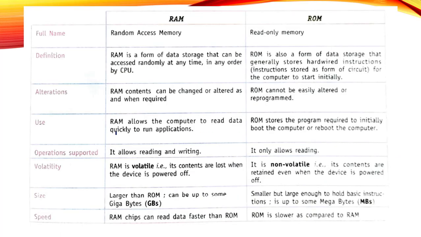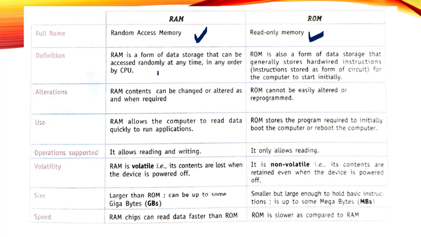So now let's begin. We will start this class with a quick revision of RAM and ROM, the proper difference between these terms. As I have taught you earlier, in our computer we have two types of memories, primary memory and secondary memory. Primary memory is the own memory of our computer CPU. It means it is that piece of memory which is either directly plugged into the computer's motherboard or already available in the motherboard. So we have two types of primary memories, RAM and ROM. RAM stands for random access memory, whereas ROM stands for read-only memory.